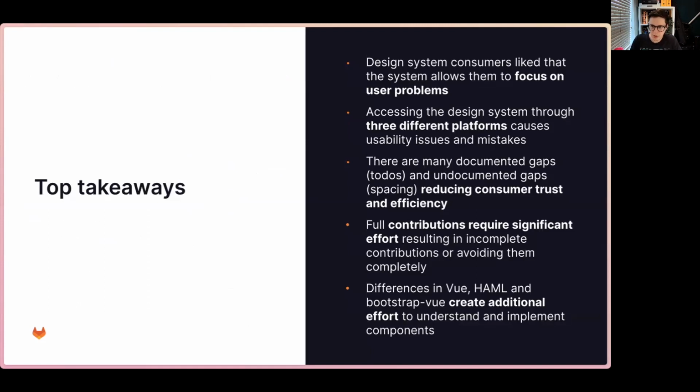So the top takeaways that came out of the survey is our consumers liked that the design system allowed them to focus on user problems. There was difficulty caused by the 3 different platforms, some usability issues and mistakes that came from it. There were lots of gaps in the system, both those that are documented as to-dos and those which are undocumented, which is reducing some efficiency and trust in the system. Full contributions to the system require significant effort, so some challenges arise because of that. And some of the differences in Vue, Haml, Bootstrap Vue causes additional effort for consumers to understand and implement the